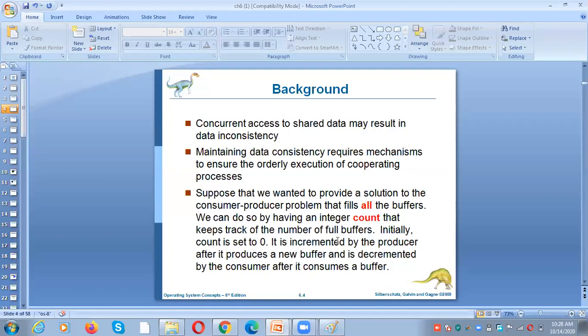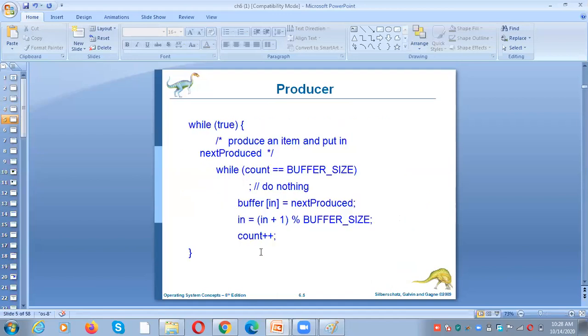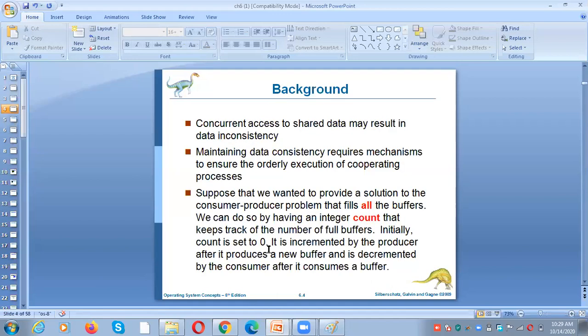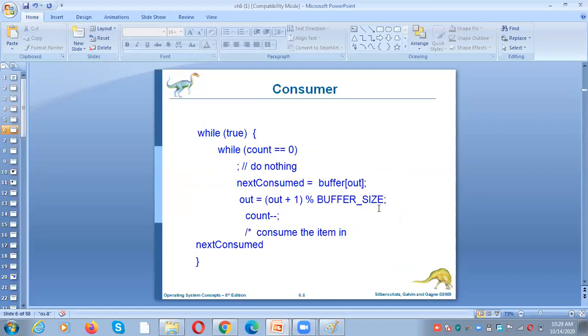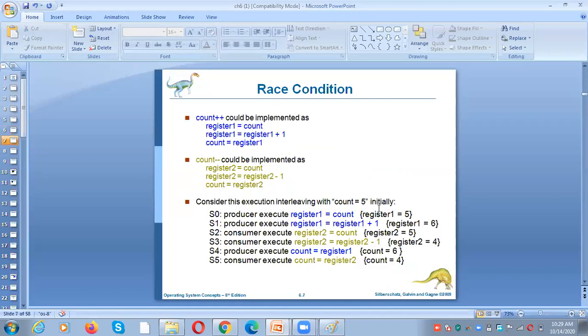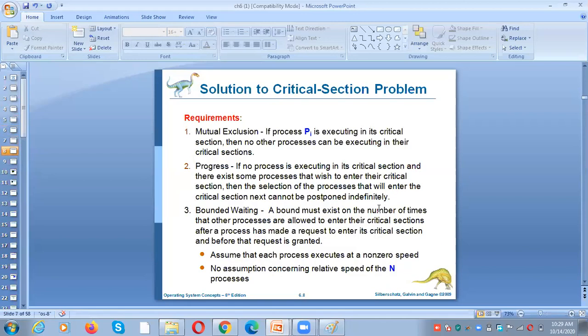I already told you the problem. Count is initially 0, in is 0, out is 0. These are the initial values. If the buffer is full, the producer cannot do anything. If the buffer is empty, the consumer cannot do anything. So we had a discussion about the producer-consumer problem, then a talk about race condition, and then the solution to the critical section problem. Three requirements for the critical section problem: mutual exclusion, progress, bounded waiting.